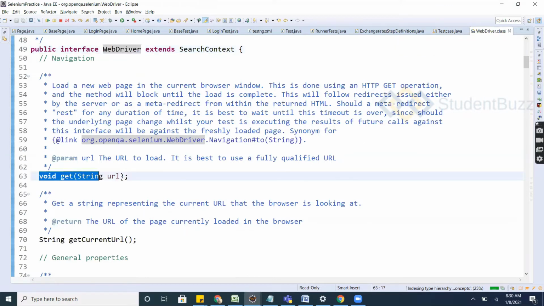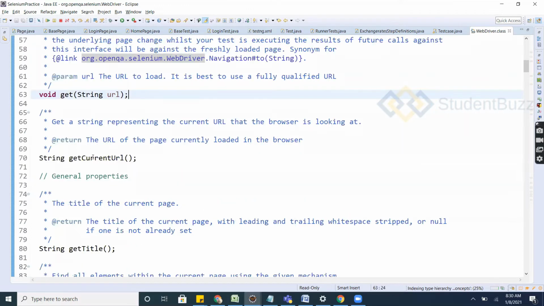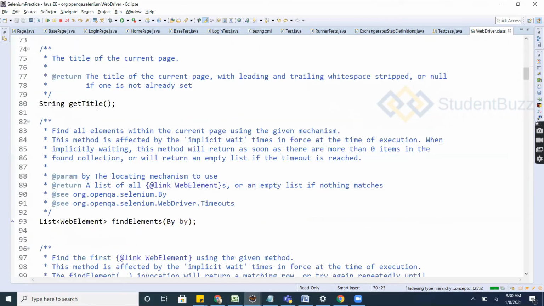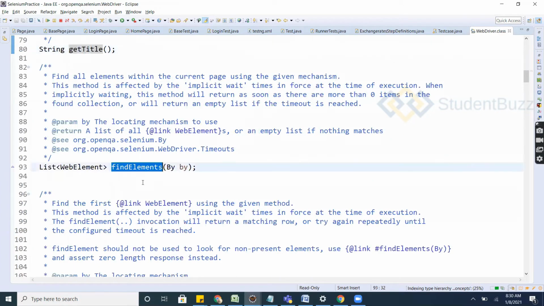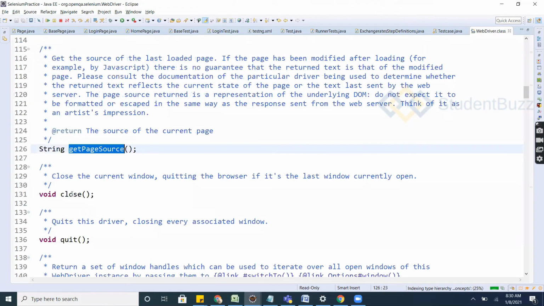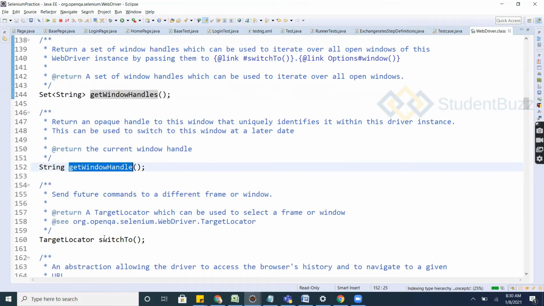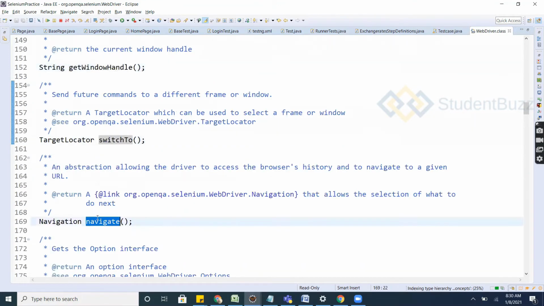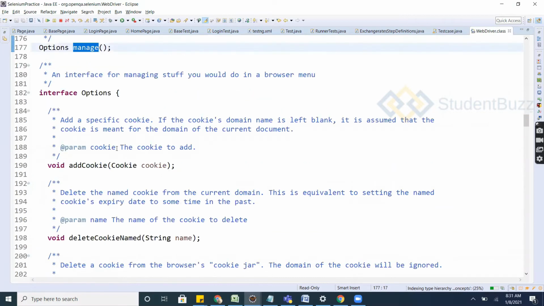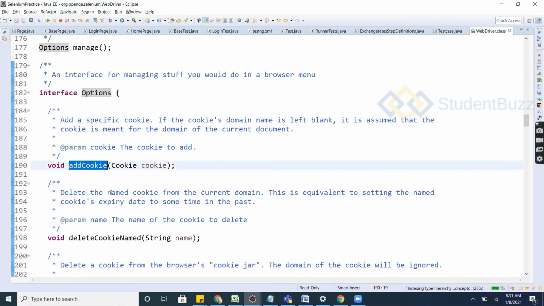See, void get. It has a method, but it does not have any body. Get current URL, no body. Get title, no body. Find elements, no body. These are all the WebDriver interface methods. Is any method having a body? None of the methods has a body.